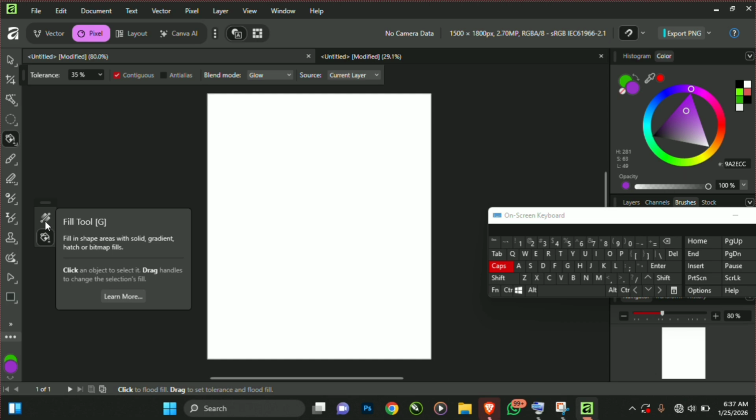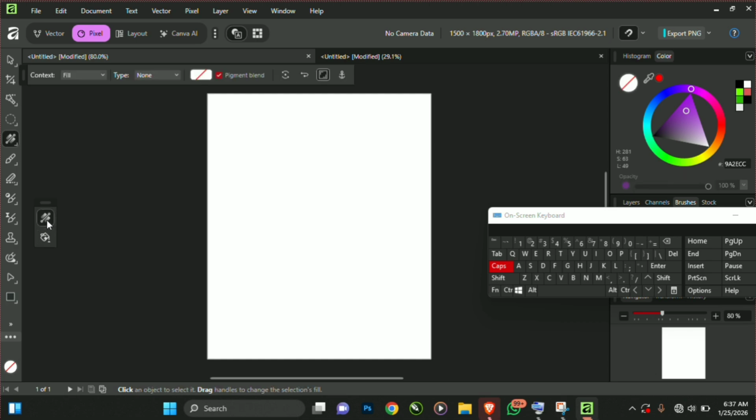Now this is how the icon of the fill tool looks. Here is where we have the content. We can either fill the area in or fill the stroke in. Now this is the type. We can either make it solid, linear, elliptical, that is circle, radial, conical, merge, bitmap, arch, and so on. And this is the pigment